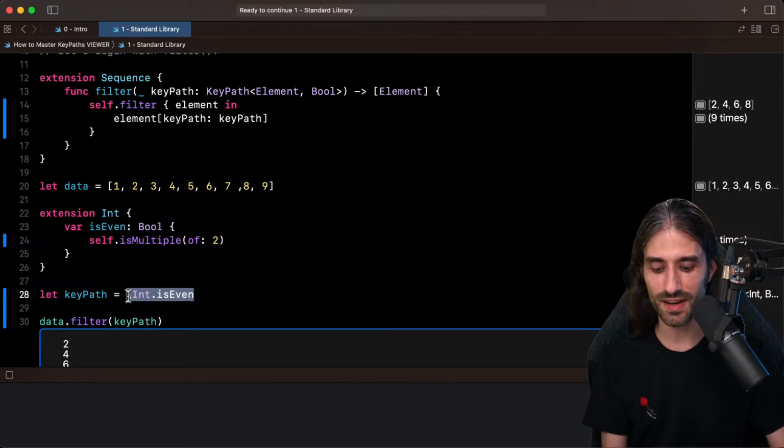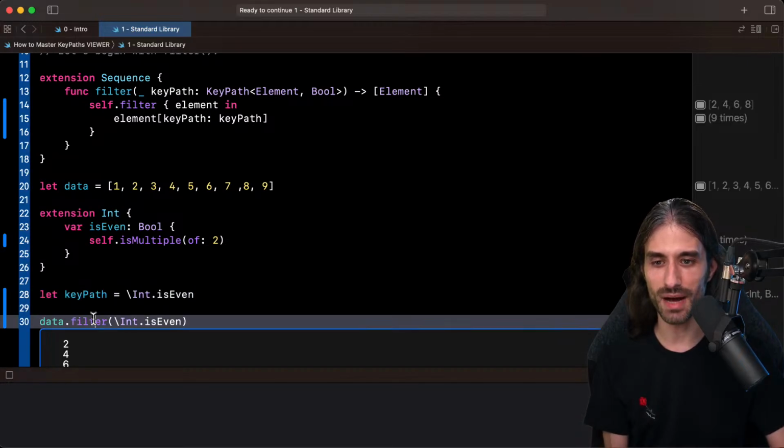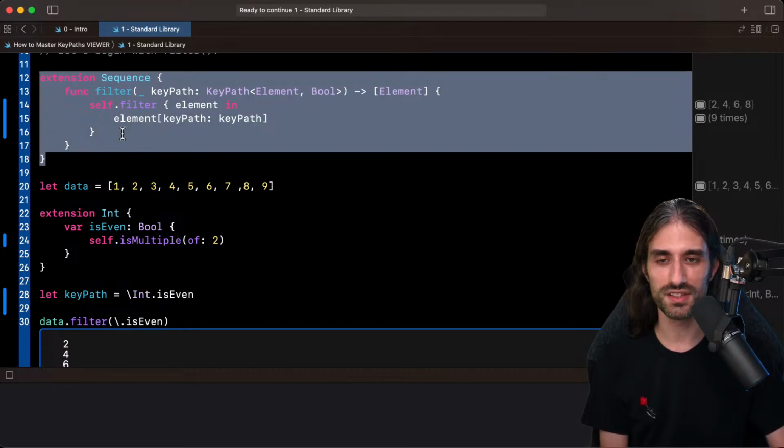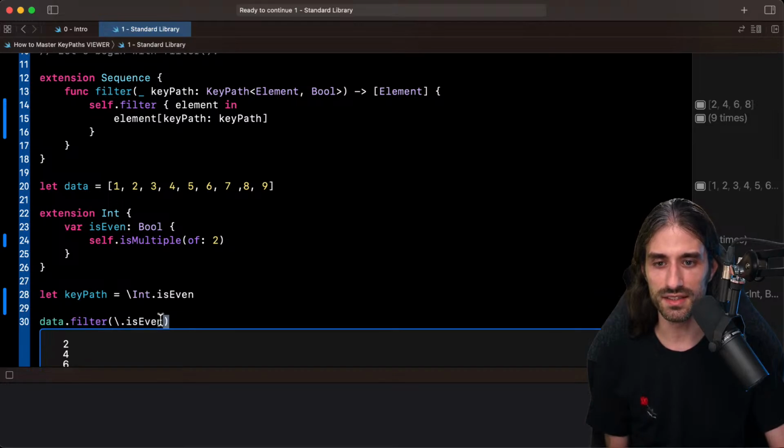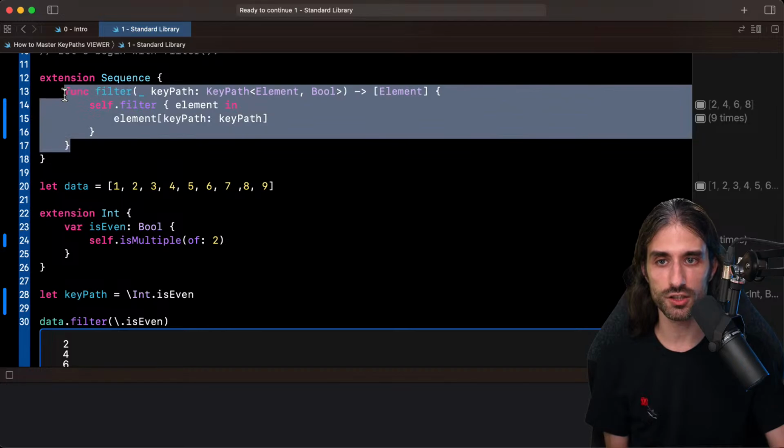However, let's see. If I put the literal key path back, okay, it's so weird because it still highlights this one, even though it's not calling this one, because we saw that we can comment it out. So it's interesting to see that Xcode is getting a little bit confused by all of these overloads. But in this case right here, it's important to understand that this is not the function that is being called.